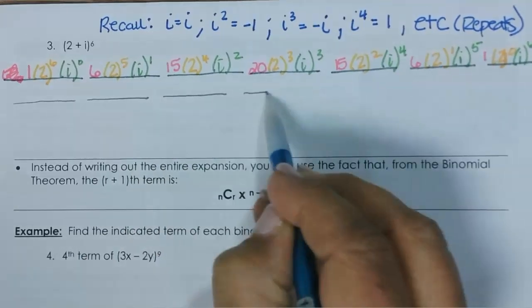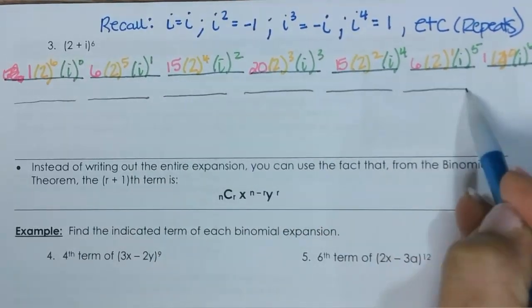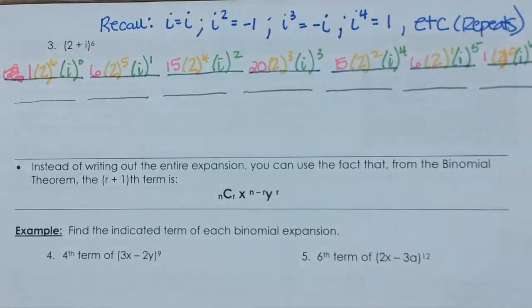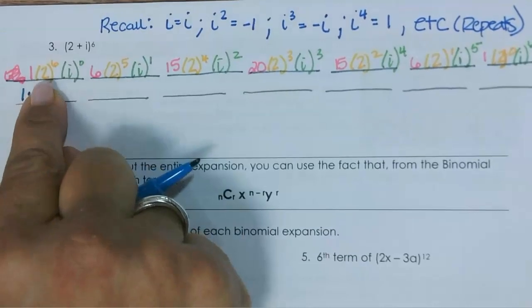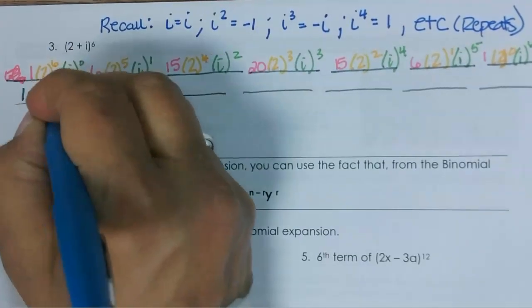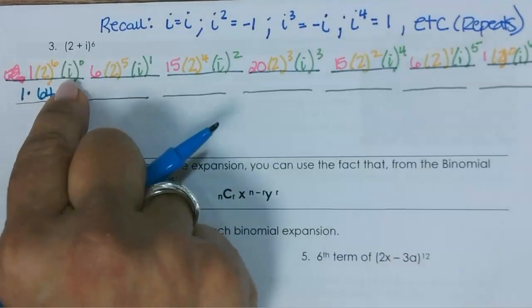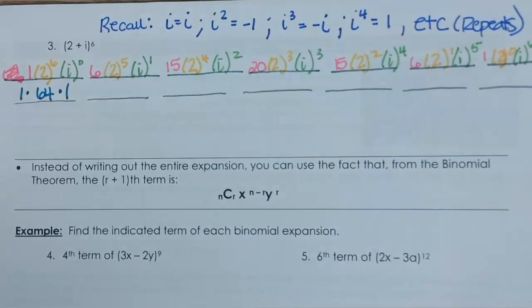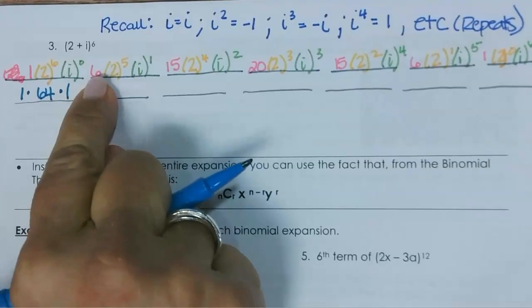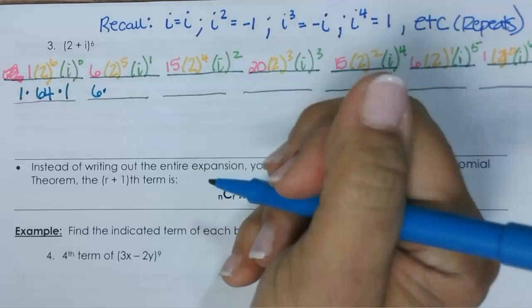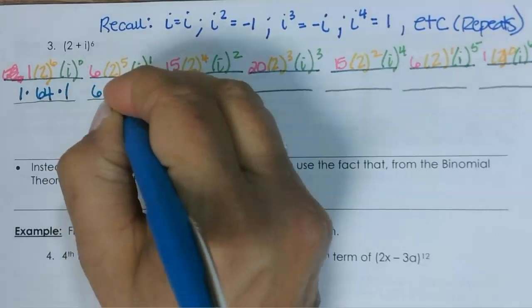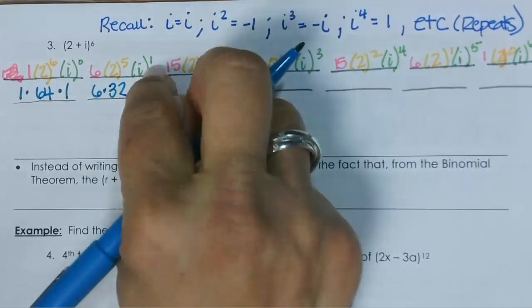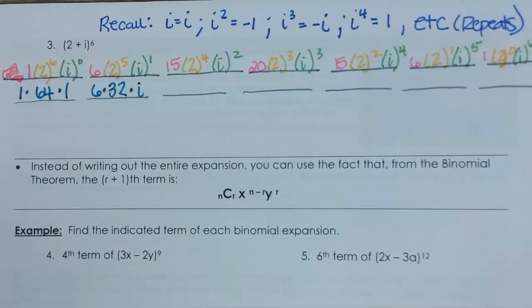but we need to multiply out what these are going to mean to us. So if I look at what these mean here, I have 1 times 2 to the 6th. 2 to the 6th is 64. And then i to the 0, anything to the 0 is 1. Next term, I have 6 times 2 to the 5th. So that's 32 times i to the 1st, so times i. Then I have 15